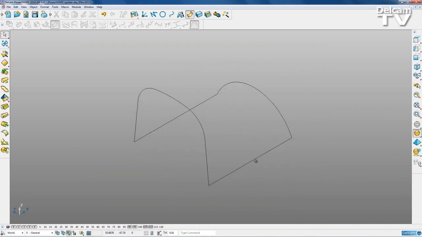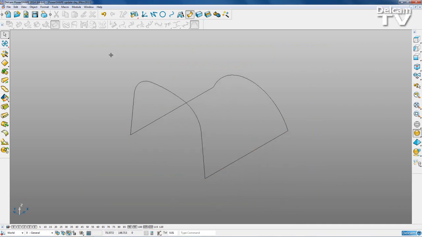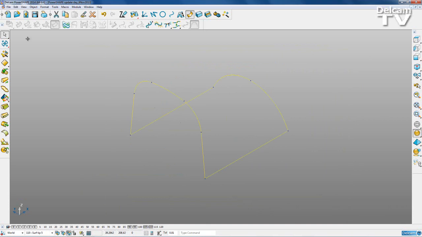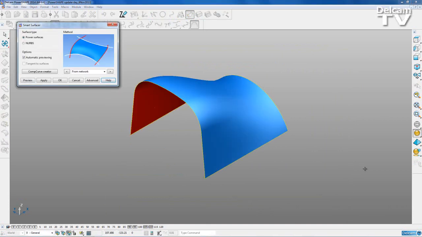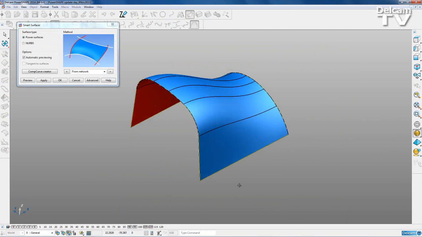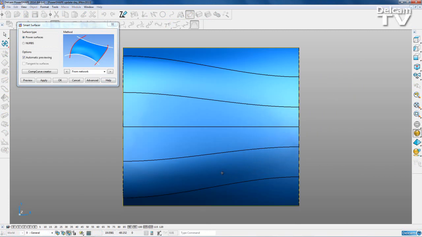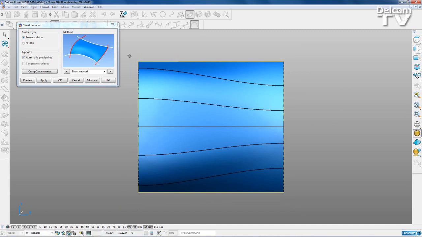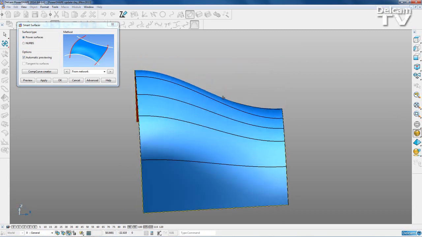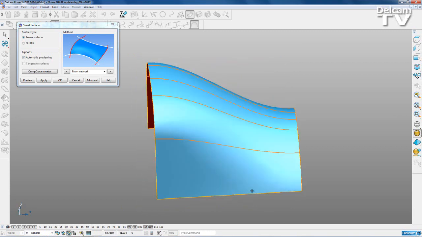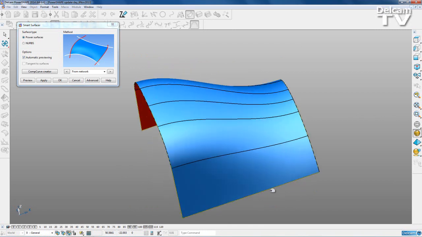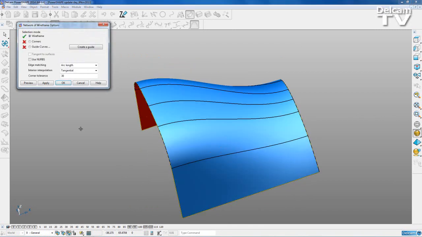You see we've got these curves that create a shape. I'm going to box select these, go to my Smart Surfacer. I'm just going to change my shading mode and view along the top. And you can see that the way that the surface is created is unevenly spread from one profile to the next. I can change this by going to my Advanced,